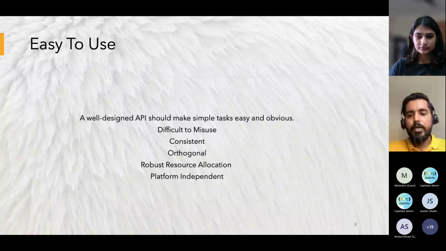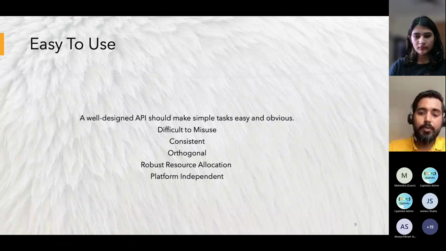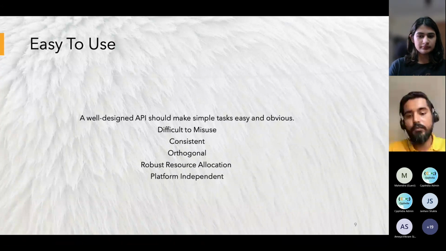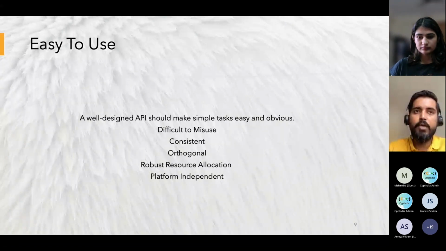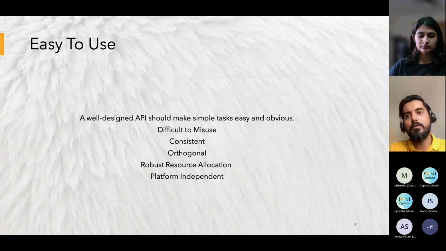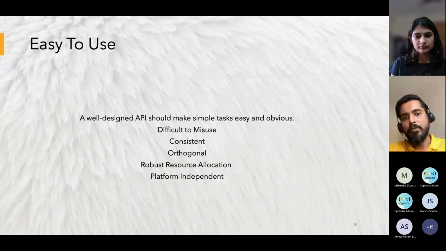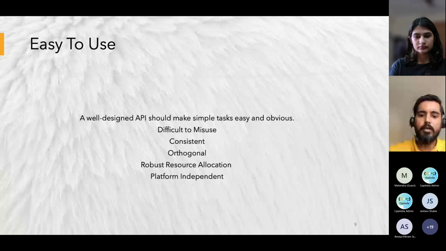And your APIs should not have side effects. That's what we call orthogonal APIs. When I'm saying this, it means, let's say your API is changing some value x, it should only change that x, and it should not change something else, y. If you have written set IP address, it should only set the IP address. It should not do something else inside that also. So keep that in mind, it should not have any side effect. Okay.